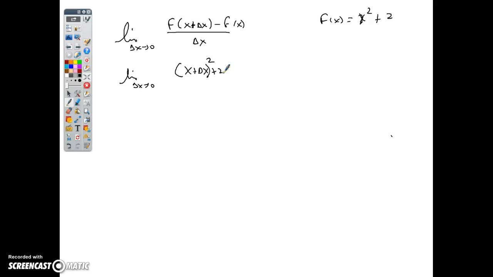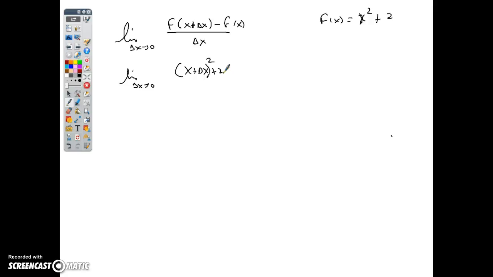Because all I did is I took the function, which would normally be x, and I replaced it with x squared plus 2. Has everybody got that? Okay? So the function, what do we do when we have a function like this? We just replace it with,